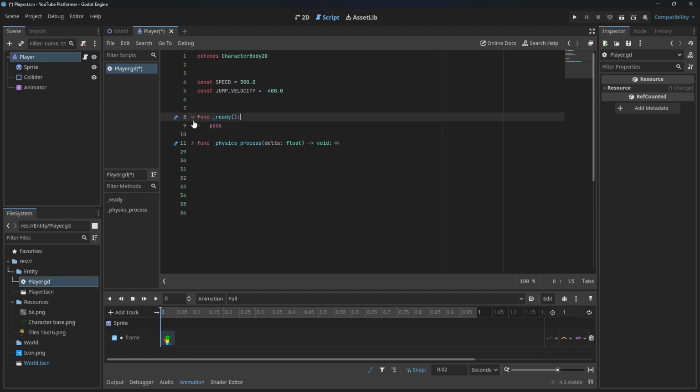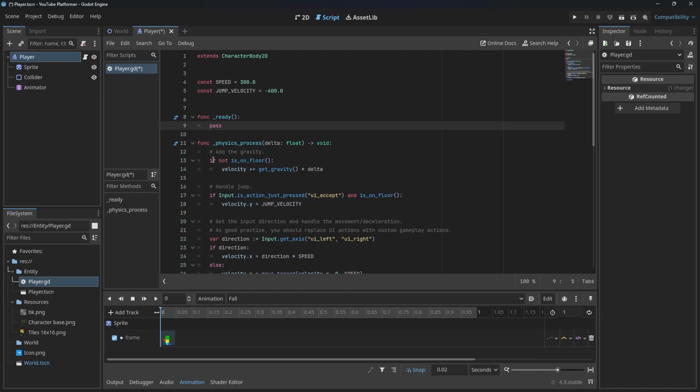Because there's no brackets, this is tab delimited, I think is what that's called, which means a tab is how we indent. We don't use open brackets and close brackets, we indent. And this colon means we're expecting an indent here. So this whole function is on the indent. So we're going to start